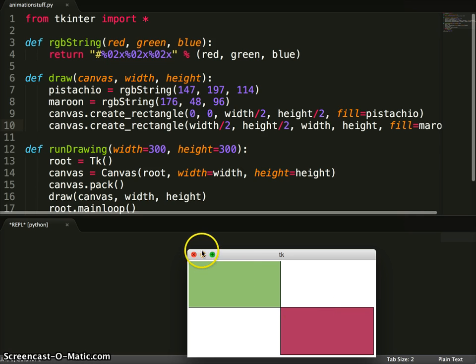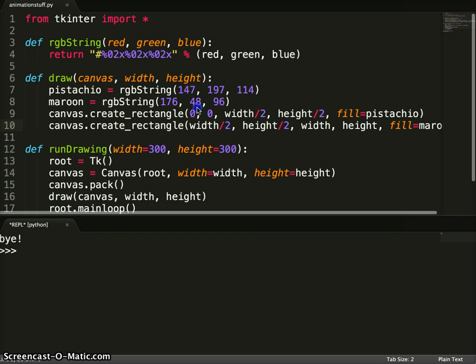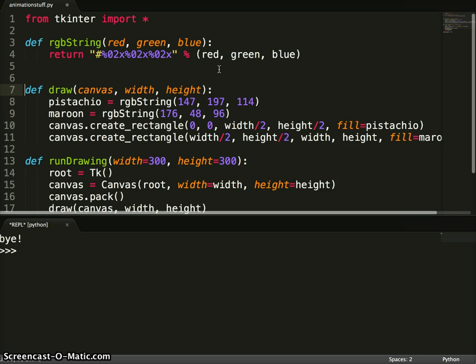So now when I run this, I get a rectangle that's pistachio and a rectangle that's maroon, or as far as we think. So basically the way that this works is you have to understand the way that the computer represents pixels, or the color of pixels. And this is with an RGB string. So what an RGB string is essentially,